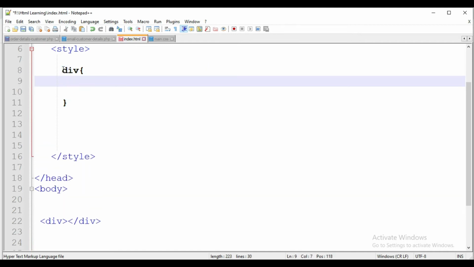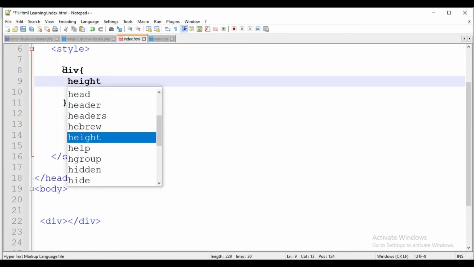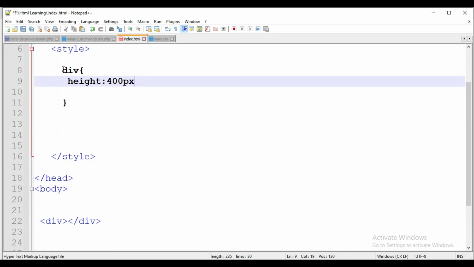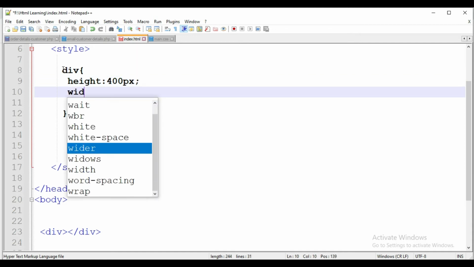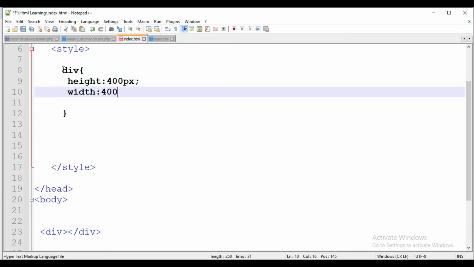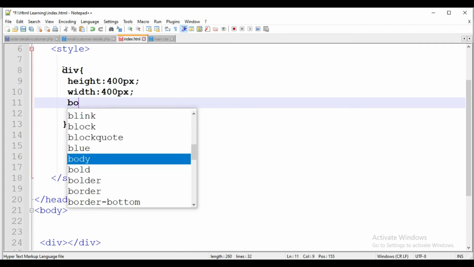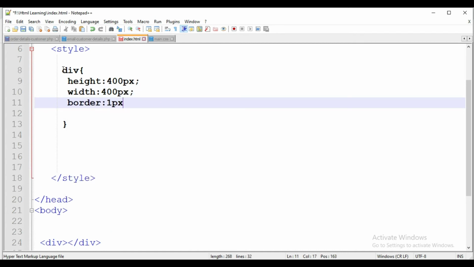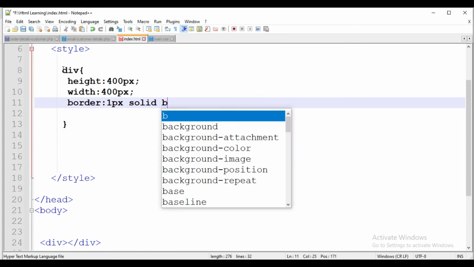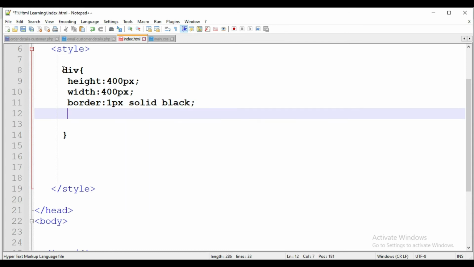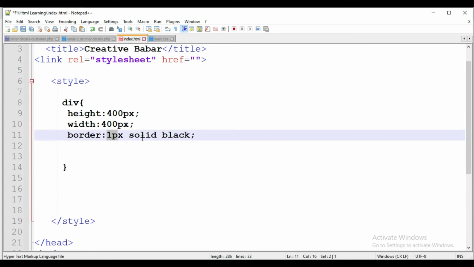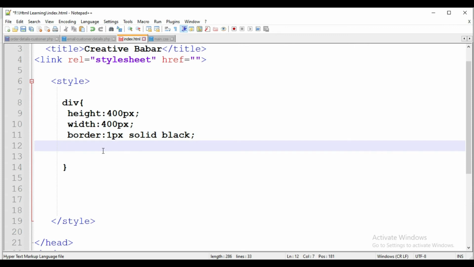I apply a height 400 pixel, width also 400 pixel, border 1 pixel solid, and black is the color of border, and 1 pixel is the thickness of border, and solid is a style of border. So now I apply a background color red. So it's showing like this, it's showing a box, red box.